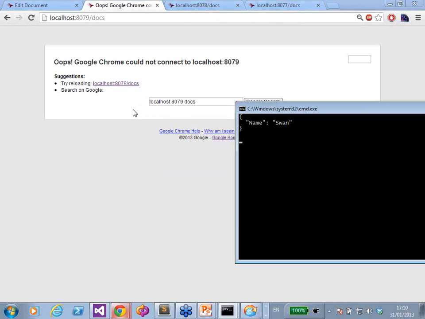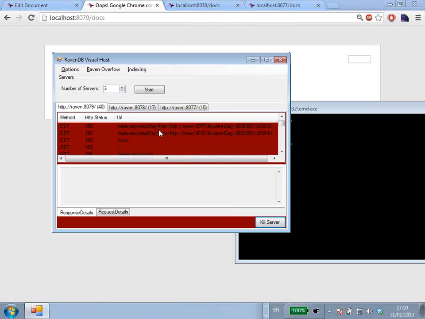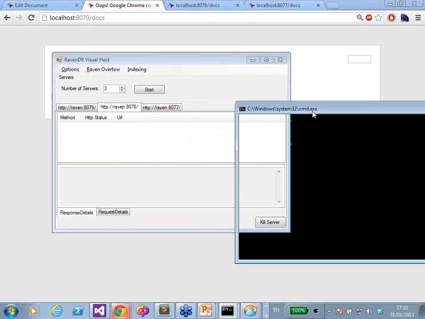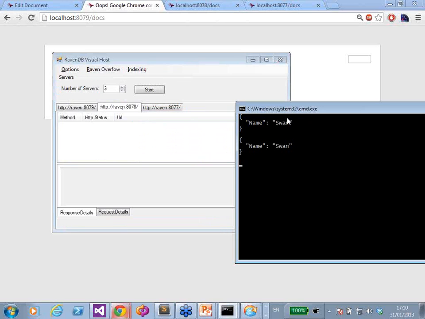I'm going to go here, and RavenDB is now trying to access this server. As you can see, it can't find it. It was still able to give me the results. How was it able to give me the results? You can see it in here. Let's clear things. You see that, again, we try to access that, but now we get the reply from here, from the secondary server. We try again,